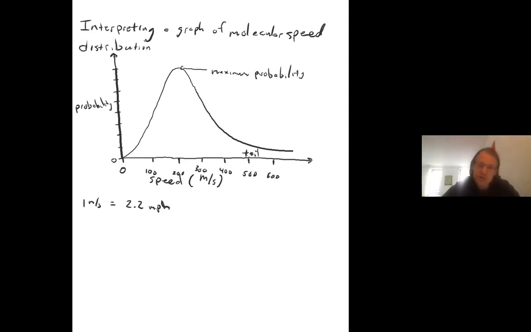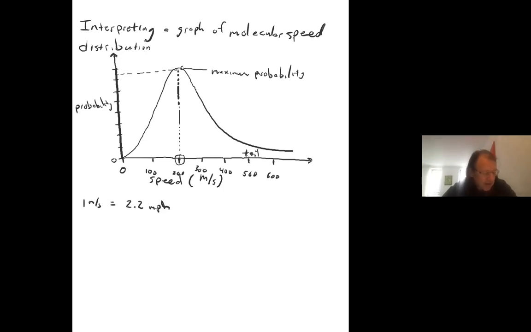So that is where, if you took one molecule at random out of the container, that's its most probable speed, right there. So if you take a look at where that is on this graph, it's around 200 meters per second. So the most probable speed, because that's at the highest value on the y-axis, is around 200 meters per second